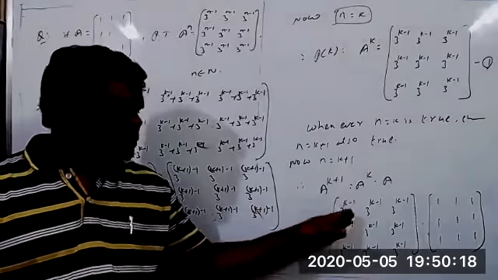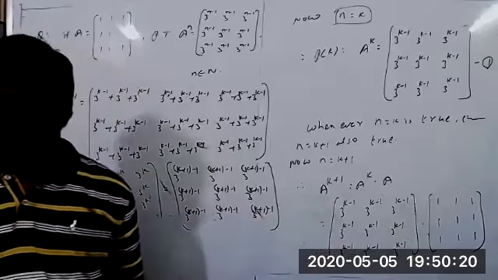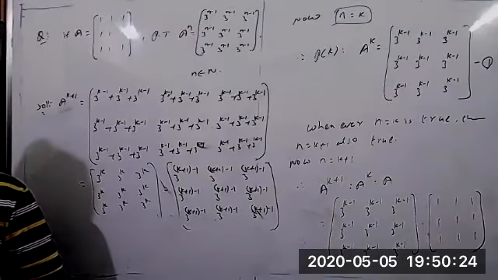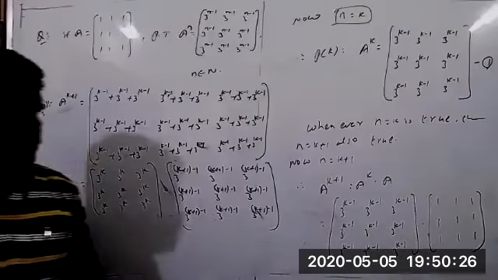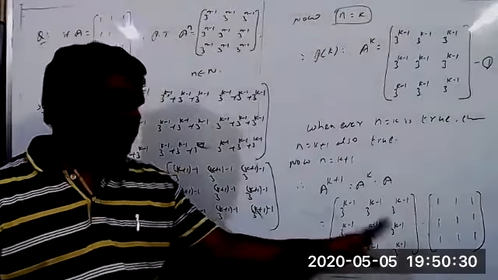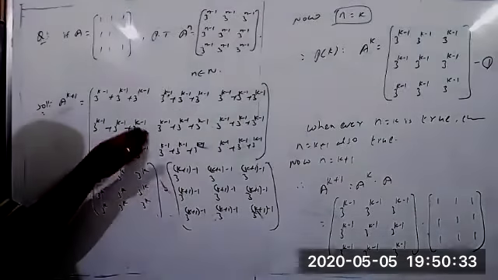But we have to multiply, which means we have to show clearly, because from the subjective point of view, each and every step we have to show clearly. Understood? That's why I'm taking the value. I just multiply the value, same thing: first row into first column, first row into second column, first row into third column. I'm multiplying clearly. Let us know the answer now.